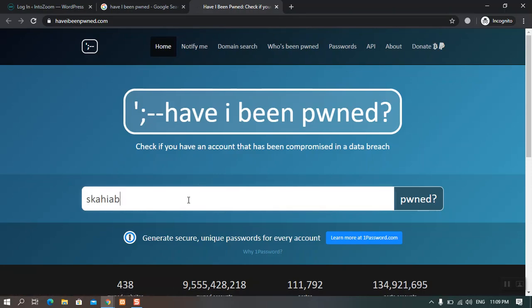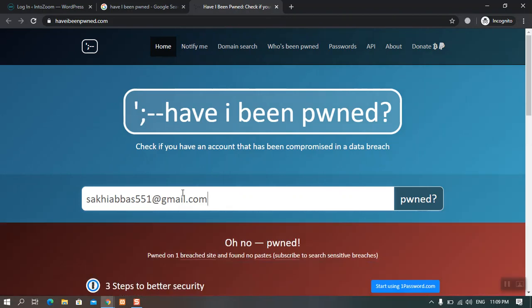Suppose I'm going to type this email which I am not using anymore. Let's see if it has been compromised. You can have a look: oh no, found in one breach. Basically, think that Yahoo is a very big company. It was hacked, I don't know, 2 years ago. Your username, password and email were stored there. Now, if that site is hacked, they may have stolen your password and your email. Then, with the help of that